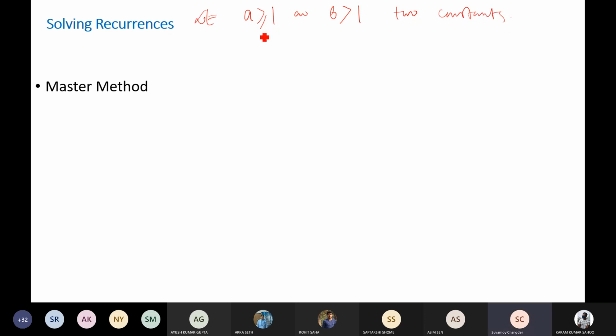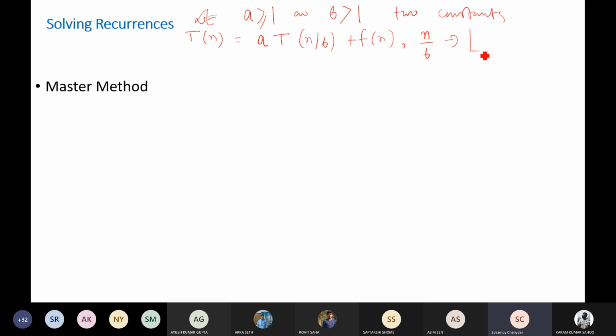So the value of a may be equal to 1, but b is strictly greater than 1. Let the recurrence be given as T(n) = a T(n/b) + f(n), where this n/b can be bounded